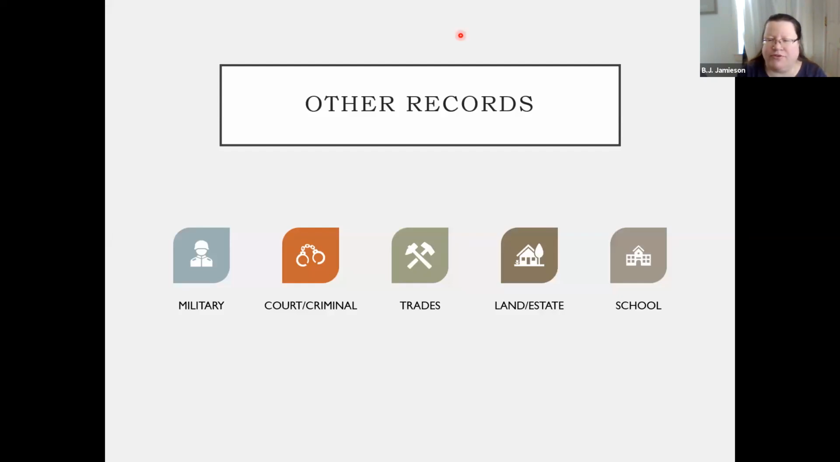Court and criminal records are starting to come online, as are some of the trade records of apprenticeships, and when people move from apprentice to journeyman to master craftsman. You find much less of the land records and deeds that we use in North America, because most people didn't own land, but the big estates owned by the really wealthy, which is where most of our ancestors would have rented their farm from,